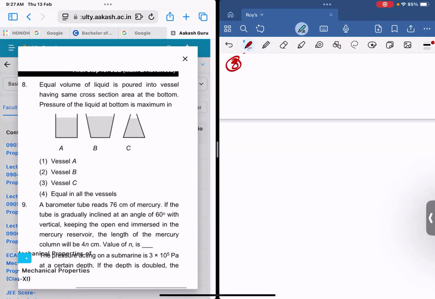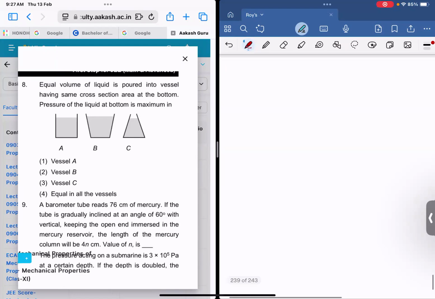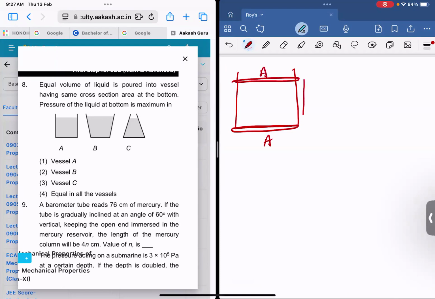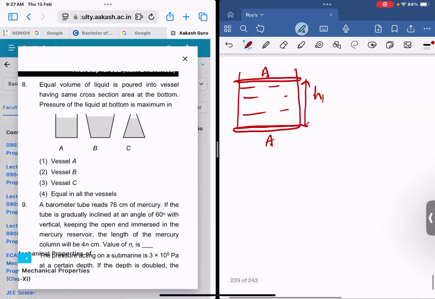नहीं, इक्वल वॉल्यूम दिया हुआ है। इक्वल वॉल्यूम का मतलब क्या है कि ये यूनिफॉर्म लगता है, मतलब यहाँ पे भी एरिया ऑफ क्रॉस सेक्शन A है और यहाँ पे भी एरिया ऑफ क्रॉस सेक्शन A है। ये सब कुछ हाइट मान लो, इसमें H1 है, इसमें H1 है। लेकिन दूसरे में हम लोगों ने क्या किया कि कंटेनर को थोड़ा सा ऊपर वाइड कर दिया, नीचे वही एरिया रखा।